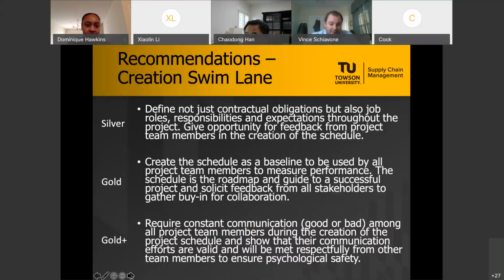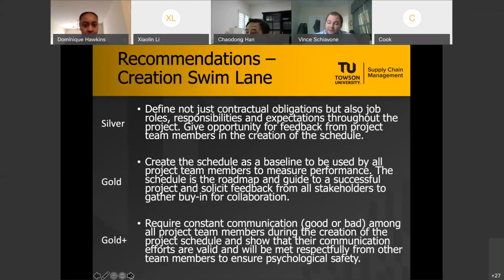Okay, so trying to wrap up quickly here. Like we had talked about, we created the model here with our pillars and swim lanes. Our second phase was to create the survey or the scoring model that we tested with the industry survey. We validated that and our results from the scoring. And then our last phase here was coming up with recommendations for people after they score their project, not just overall, but each individual swim lane, so they can improve themselves by swim lane and by pillar.